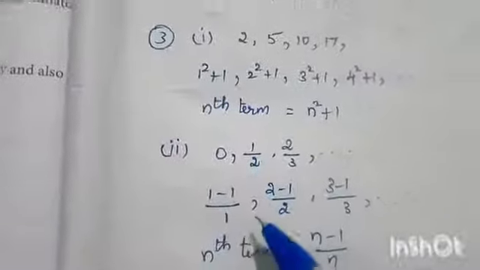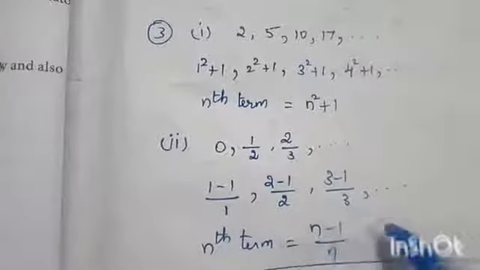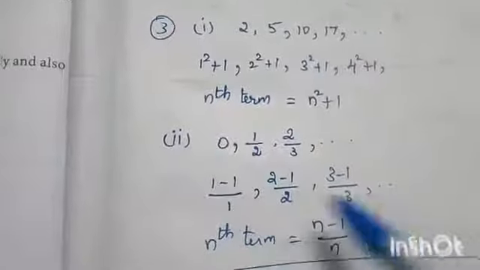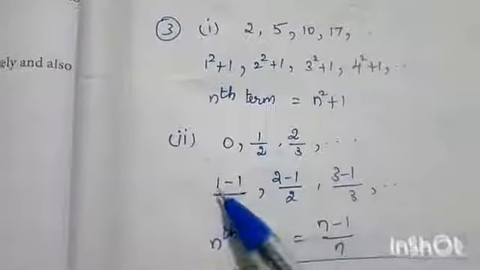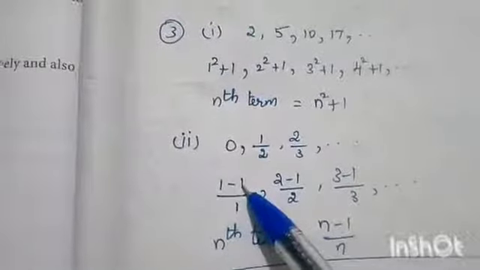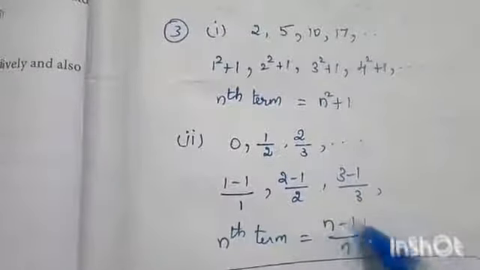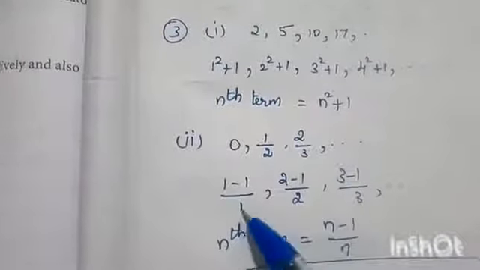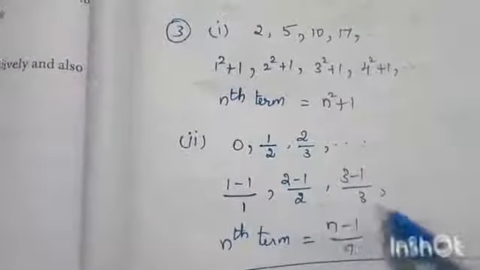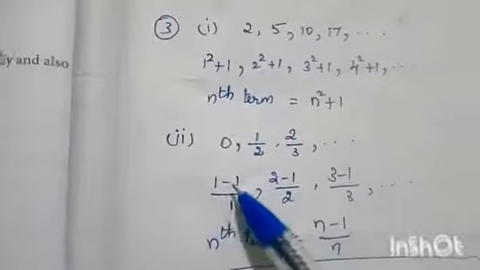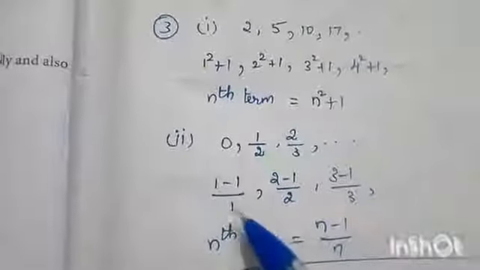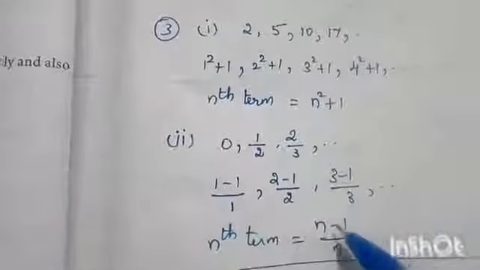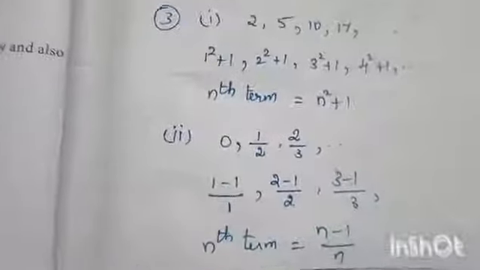Now, for the denominator, there is no change, the same thing. So here 1, 2, 3, etc. That is n. The 1 is fixed: 1, 1, 1. So n minus 1. Here also the same: 1, 2, 3, increasing by 1, 1, 2, 3, 4, 5, etc. So the denominator is also 1, 2, 3, 4, etc. So n minus 1 by n.